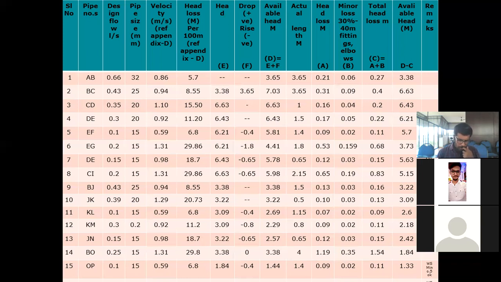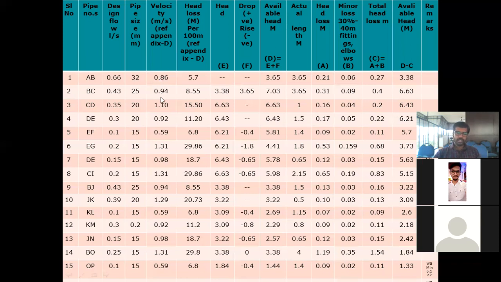But when we are trying to deal with it, the actual diameter was not 32, something like that. It was 32.2, or instead of 20, it was 14 or 18, something like that. With respect to that, we have rounded and we have already written this. All right. Now we are just finding out the velocity with respect to this chart. With respect to a chart, we are going to find out the actual velocity. If flow is 0.66 and pipe size is 32, what will be the velocity we are going to see? This won't be the actual velocity when we calculate.